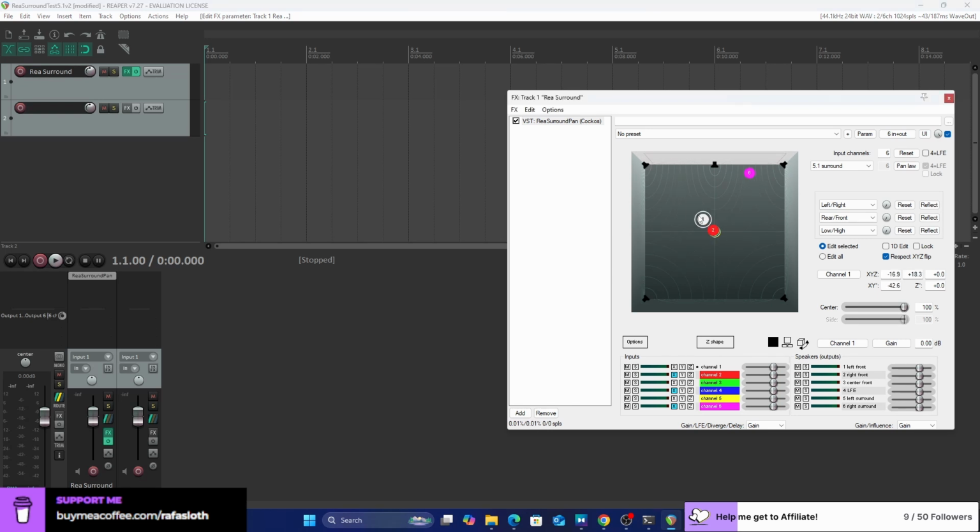Let's say channel 1, I'm gonna map it to the left front speaker. Channel 2 to the right front speaker. Channel 3 to the center front speaker.